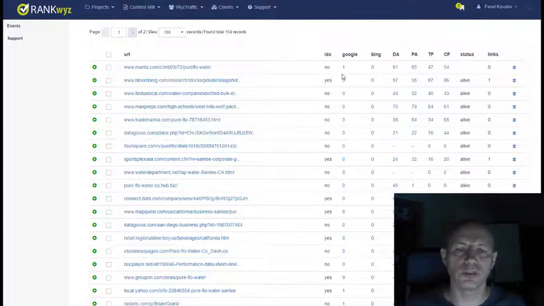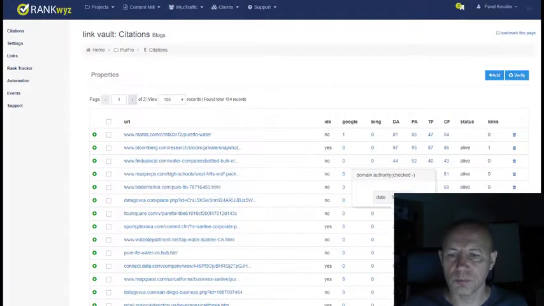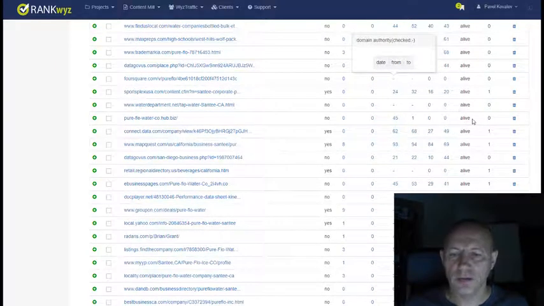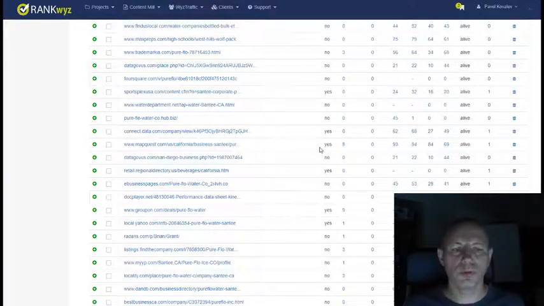Not only can you see the ranking, you can see if the page is indexed or not. You can see the metric of domains, if the page is up. Well, most of those in this case are reputable social sites, but it's not always the case.